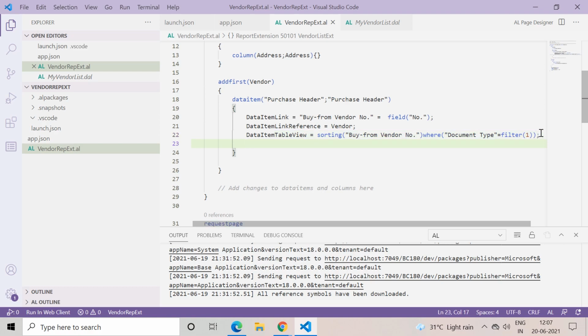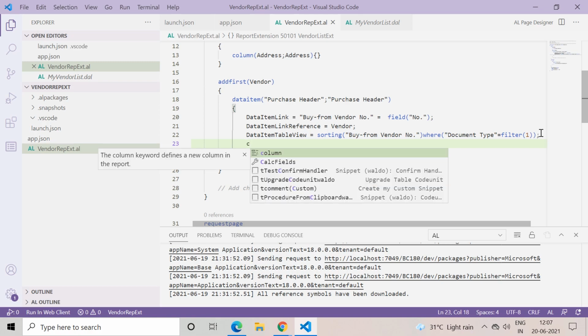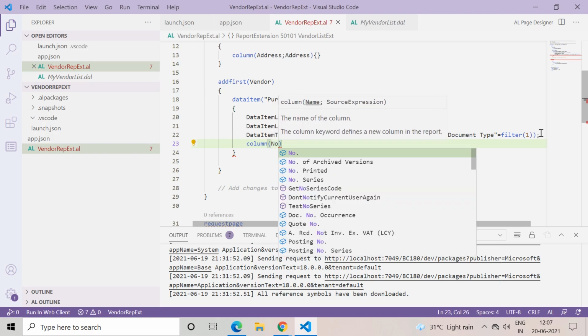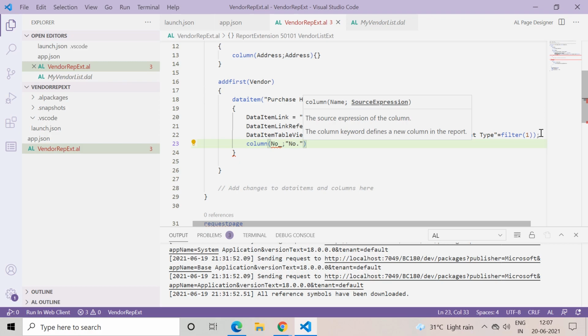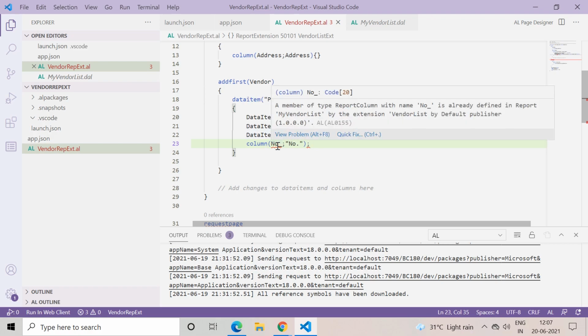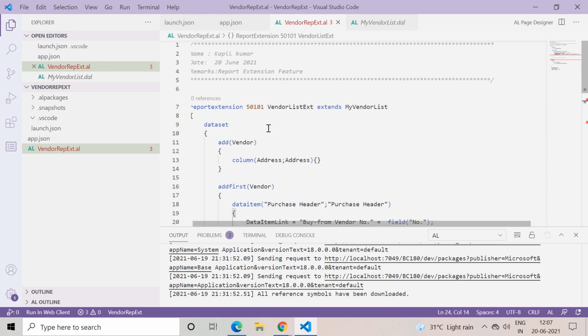Now our requirement is, because we want to add one more column of document number, or the purchase order number, we can add the column, and the column name should be number or the purchase order number. But still it is giving me this red line, an error. Why so? Because when you read it, it says that the member of the type report column with name number is already defined in the report, but we have not defined it.